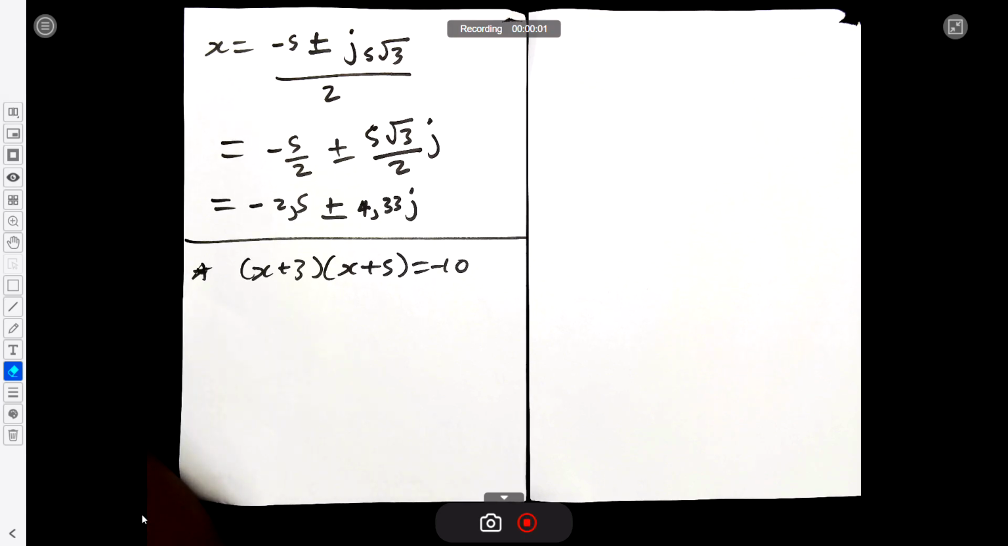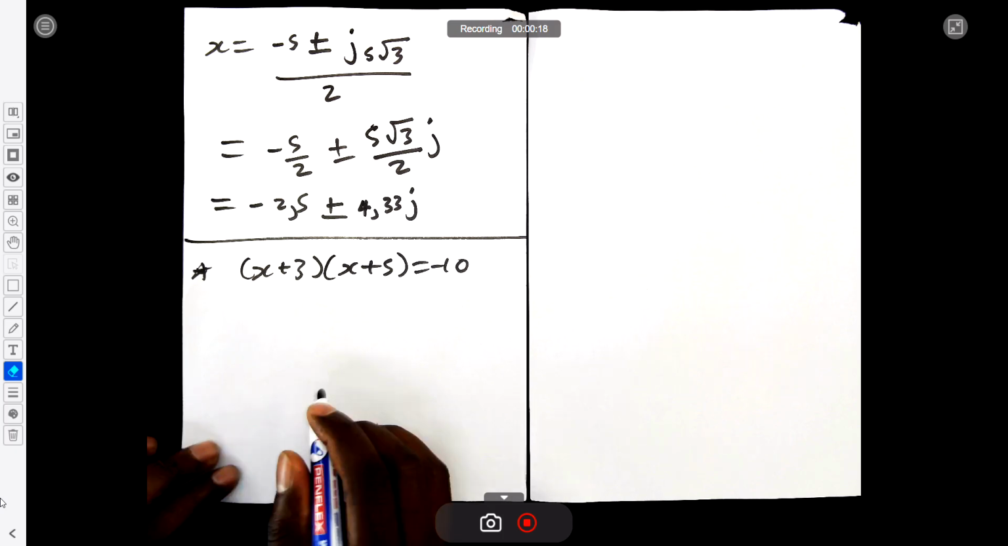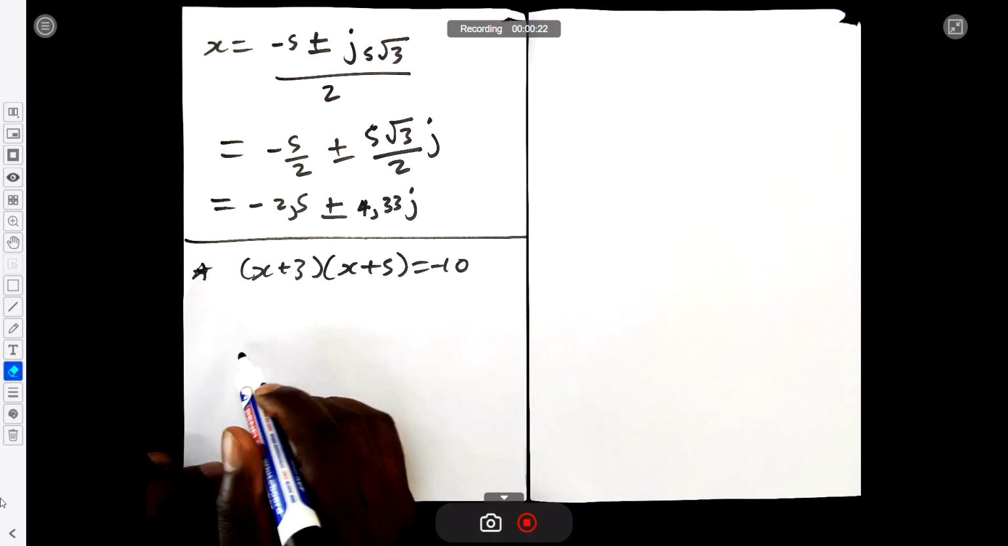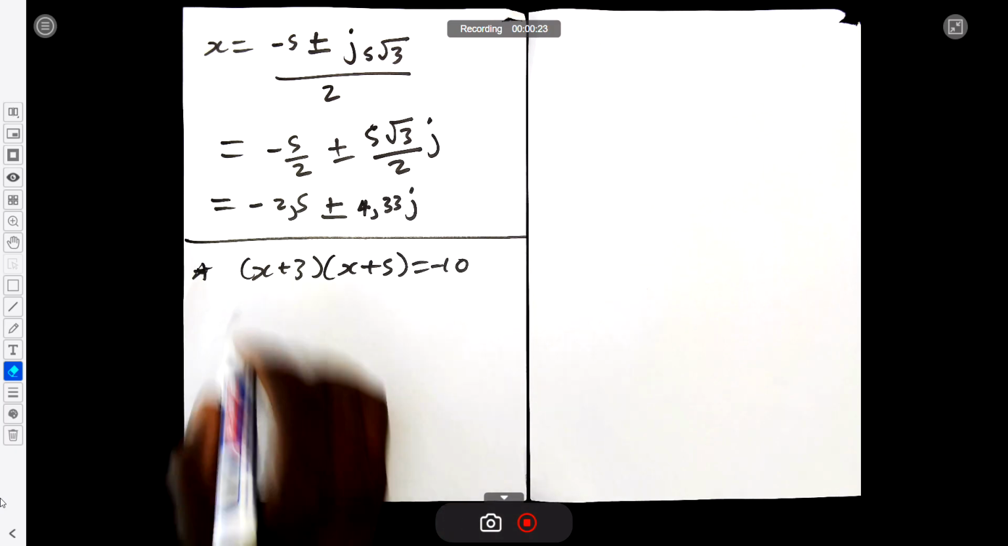We need to solve for x. So first of all, you know that normally you are given factors there, and they're equal to -10. So please don't be tempted to solve for x by equating the factor equal to -10. The rule doesn't apply. So what we need to do is first multiply out this bracket here,